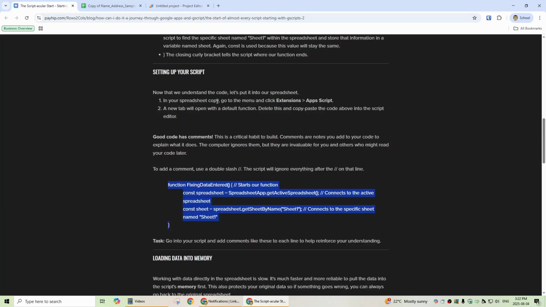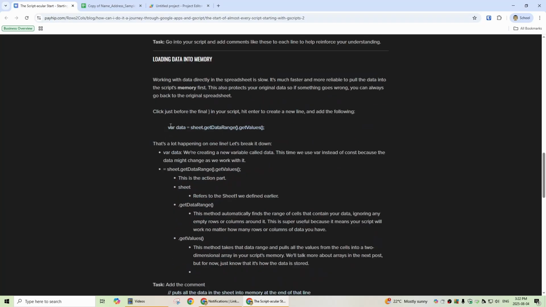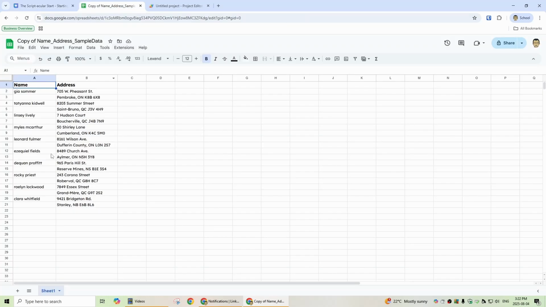Okay, we're going to add in a little bit more. We're going to take all the data, we're going to load it into the memory. So you should never really play with the original data. You always want to pull this into memory, do something with it, and put it somewhere, because if this ever gets messed up and you can't get the original, you're in trouble. And yes, there's